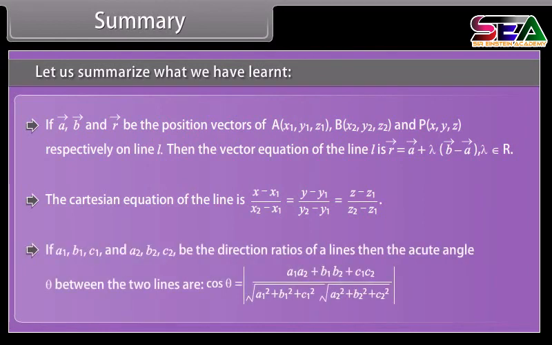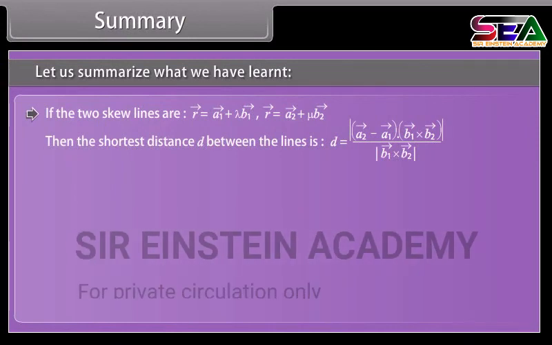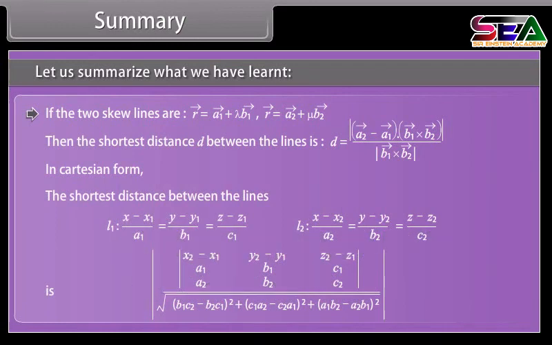If a1, b1, c1 and a2, b2, c2 be the direction ratios of a line, then the acute angle theta between the two lines is. If the two skew lines are, then the shortest distance d between the lines is, in Cartesian form, the shortest distance between the lines is